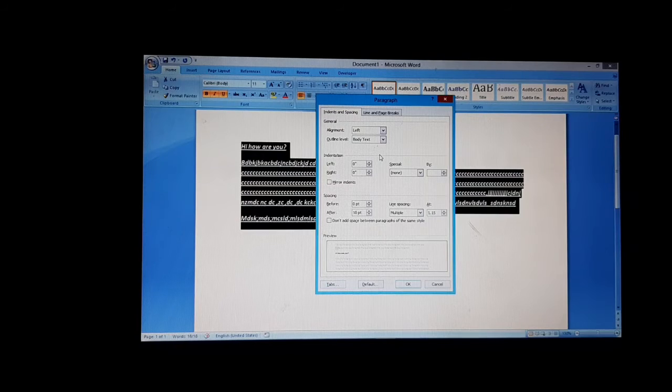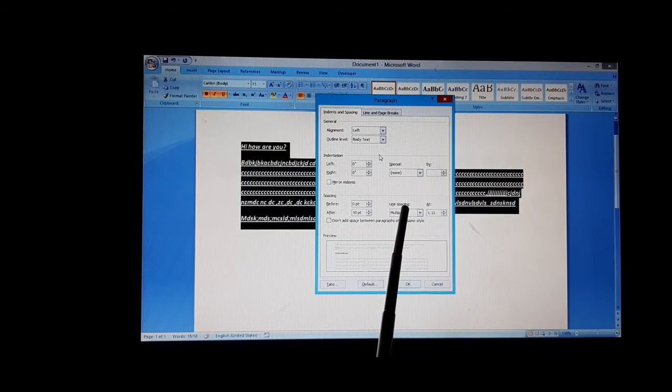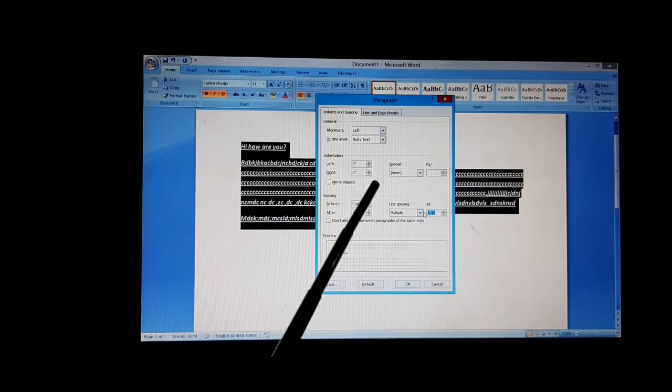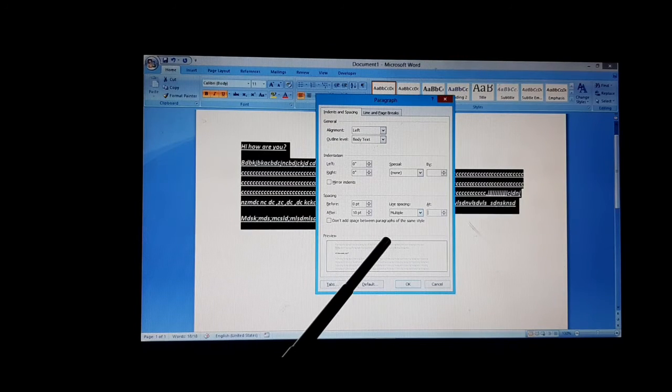If you want a number between 2.5 and 3, you can easily adjust it yourself. Here in the line spacing topic, I have selected 1.15. In case you want more than 3, that is, more gap between the lines,